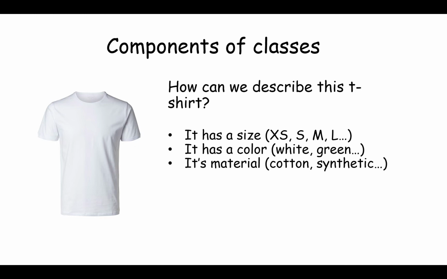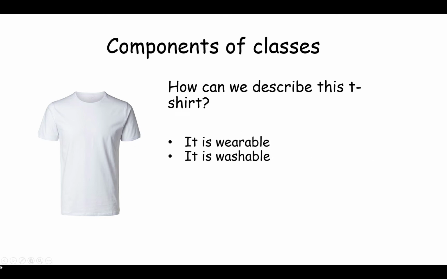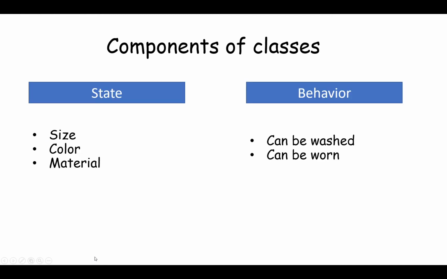But how else can we describe it? Surely the t-shirt, except for the parameters, has some behavior. It can be washed, it can be worn, it can be, I don't know, thrown away, and so on. Anyway, so with the last two examples, we understood that the t-shirt can have some parameters and some behavior. Well, that's it. We reached our today's goal. So the two main components of classes are the state